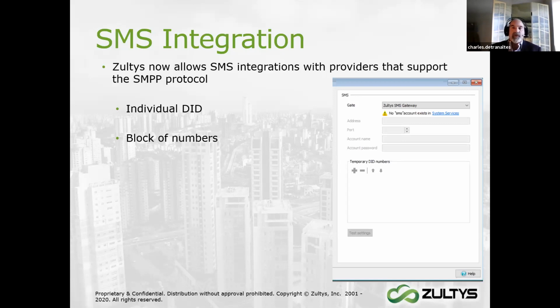We maintain the user who sent and the external number, and we can coordinate the replies. We have some cases where they want to be anonymous. They don't necessarily want to provide their DID number. They just want a generic company 800 number. And so we support both cases with this SMS integration. That's an item you'll see in release 16 as well. This was a big request from a lot of the tag members.